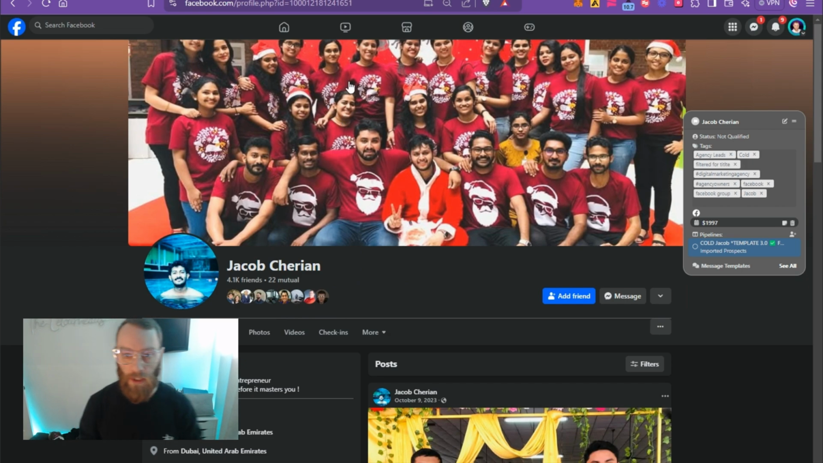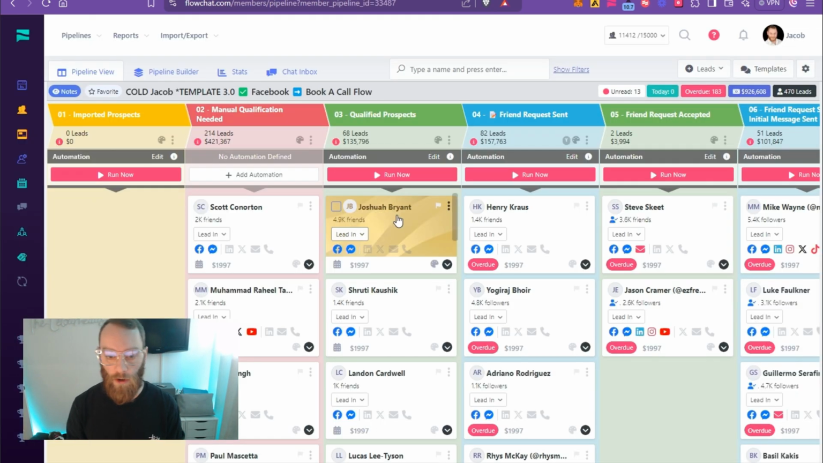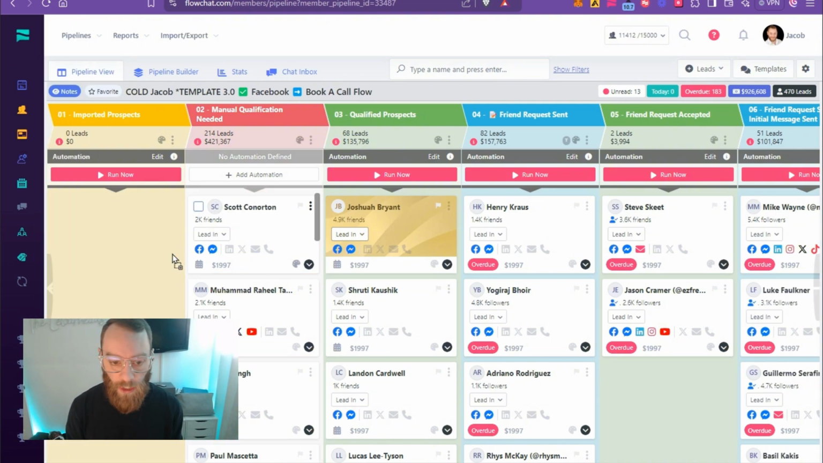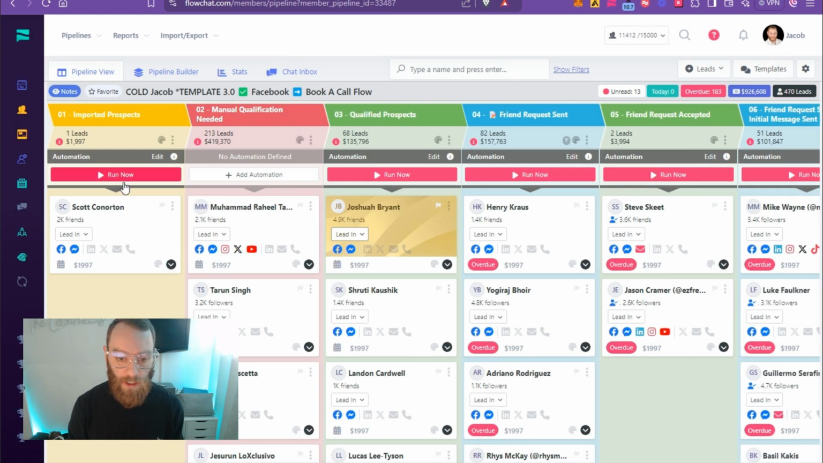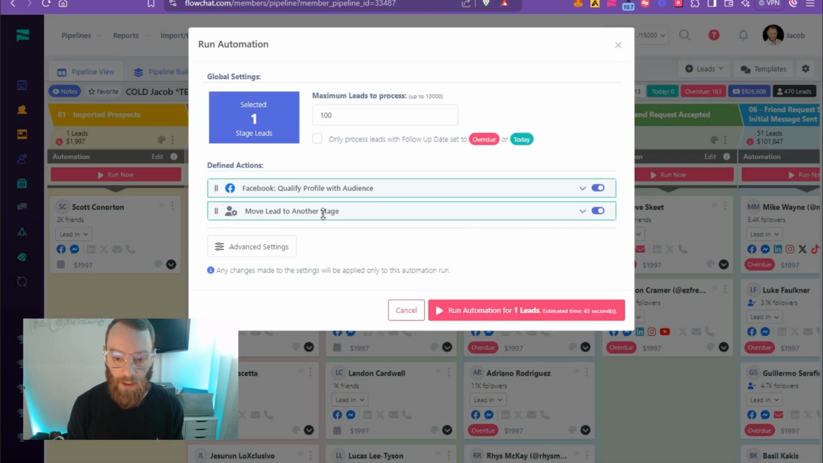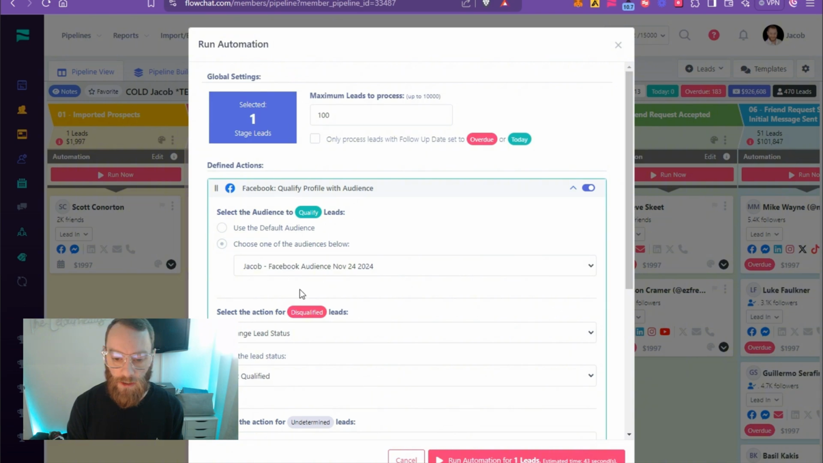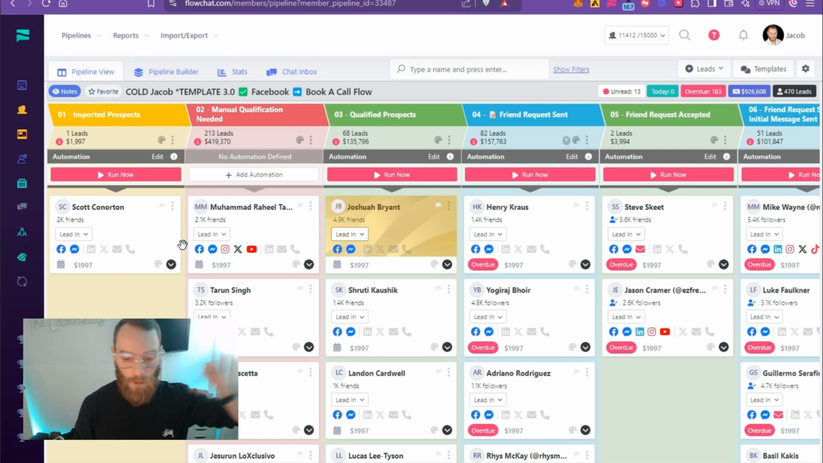So you can do it manually with Artifact and our pipeline, which you're going to see right here quickly. This is my own pipeline that I use myself. We actually have an automation where it's going to run and qualify the lead with our audience. So we know exactly who we're looking for, and we set up those criteria one time, and then we just